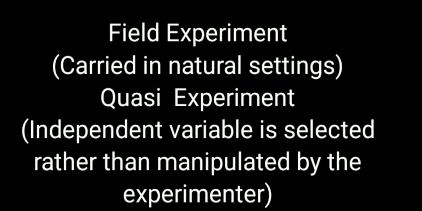So today we have discussed experimental methods, variables, different types of variables, different types of groups, experimental group and control group, and advantages and disadvantages of the experimental method. We also discussed three major types of variables: organismic, situational and sequential variables. We also discussed different techniques to control relevant variables, and they were minimizing or eliminating extraneous variables, matching, counterbalancing and random assignment to a particular group, and also we discussed field experiments and quasi-experiments.